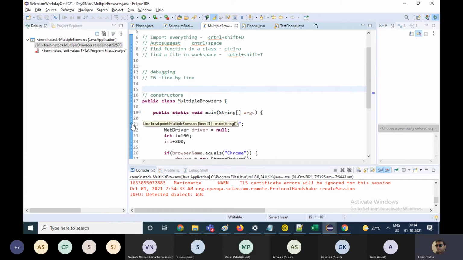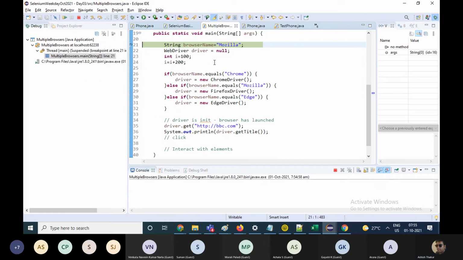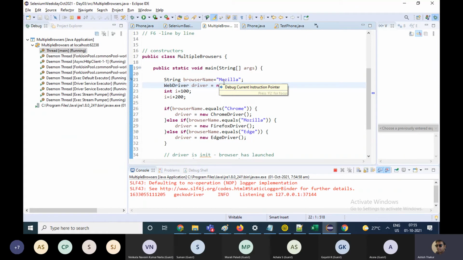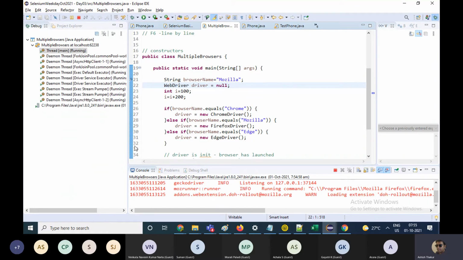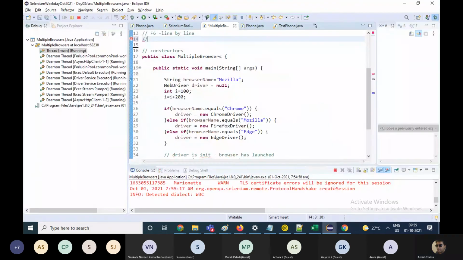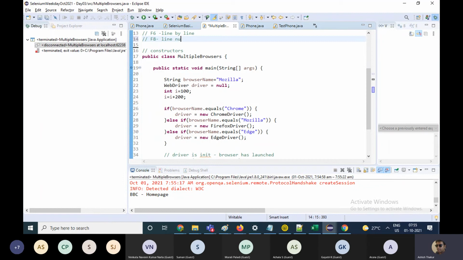You have to put a breakpoint by double clicking in front of the line and run in the debug mode. Okay, if you don't want to run line by line and if you just want to have a normal run, you hit F8 of the keyboard and the program will run normally. And if there is another breakpoint in the next lines, it will stop over there. Okay, F8 is line by line. Sorry, F8 is normal run. Sorry.